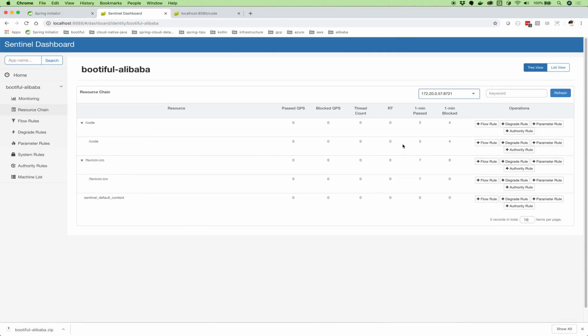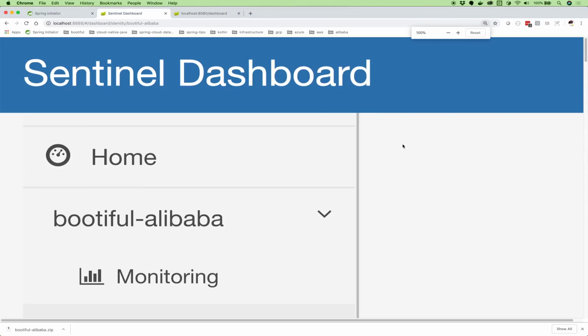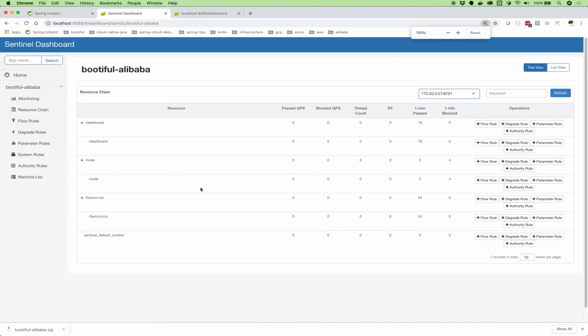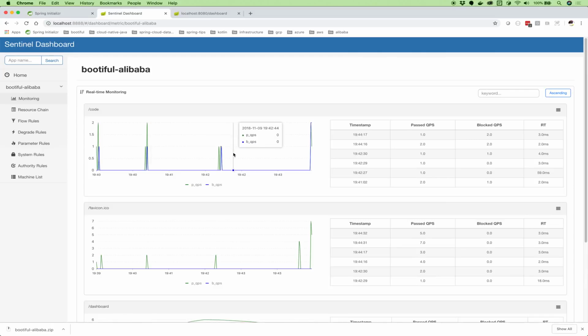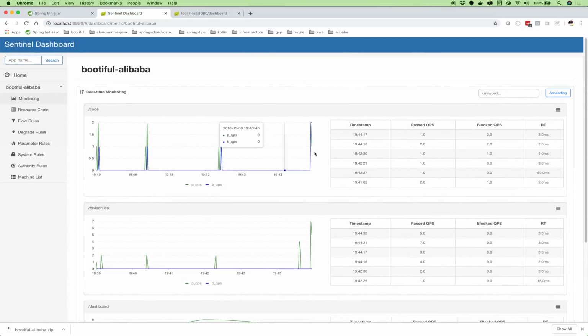And I want to also see the dashboard endpoint. And right now, there's no rules. You can see it just says ni hao, right? No problems there. Now, go back here, and as soon as I do that, you can see it says dashboard, right? And if I click on this now, suddenly, code and favicon and dashboard both have their graphs. So it takes a little bit, they're a little asynchronous, aren't they?